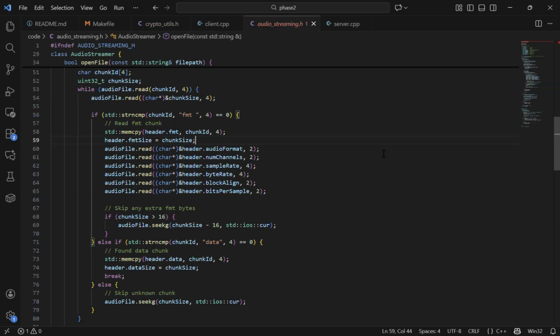Okay, so for audio streaming, I parse WAV files dynamically. Instead of assuming a fixed structure, the code searches for fmt and data chunks. When it finds fmt, it reads the audio format parameters like sample rate and channels, and when it finds data, it records where the audio starts. Unknown chunks like metadata are skipped, so this handles audio files from different audio editors that might have varying